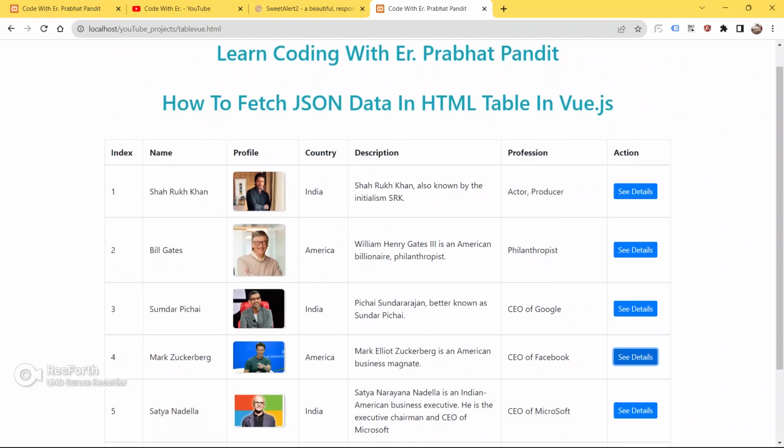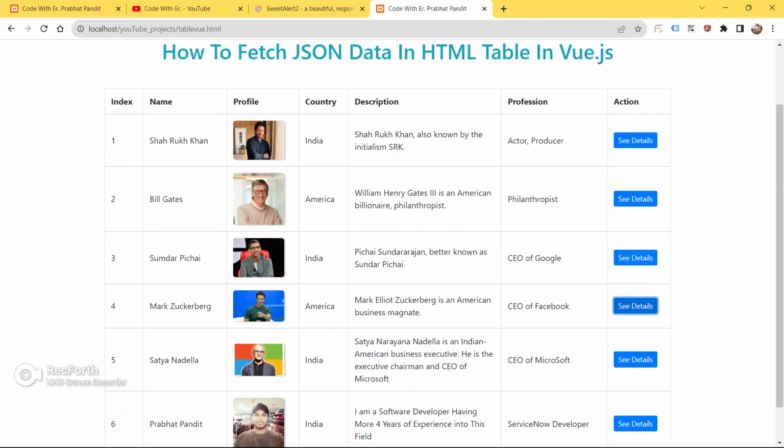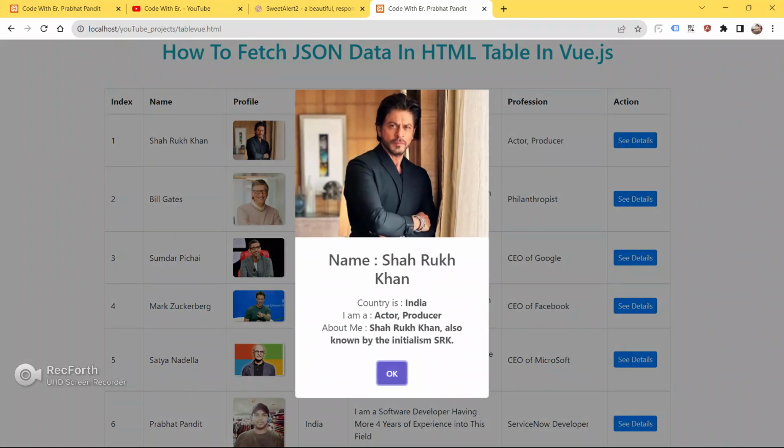Okay, so guys, now our code is working fine, and now you all know how to fetch local JSON data in our HTML table, and how to display that table in our HTML code.